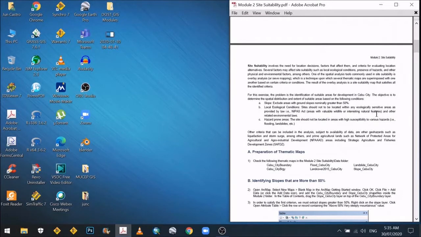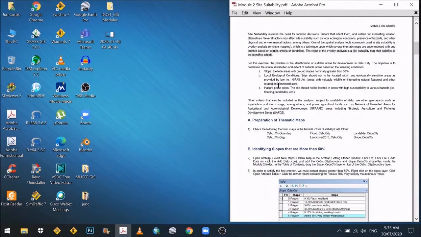Now for this exercise, the problem is the identification of suitable areas for development in Cebu City. The objective is to determine the spatial distribution and extent of suitable areas based on the following conditions. A. Slope. Exclude areas with ground slopes nominally greater than 50%. B. Local ecological conditions. Sites should not be located within any ecologically sensitive areas as provided by law. And C. Hazard-prone areas. The site should not be located in areas with high susceptibility to various hazards, such as